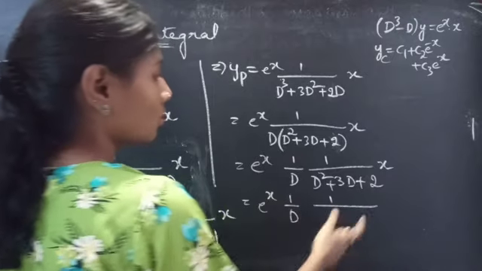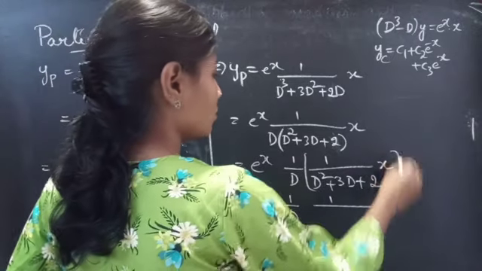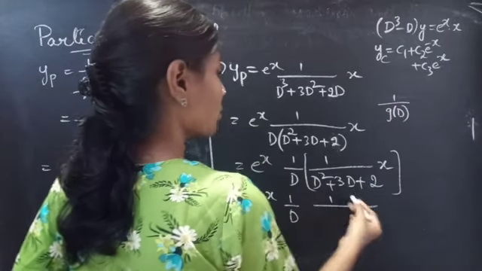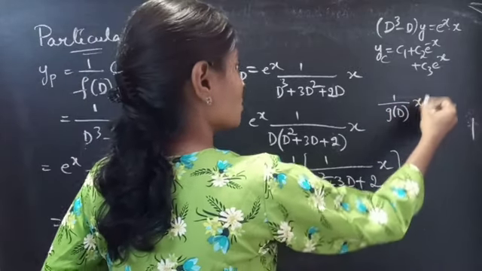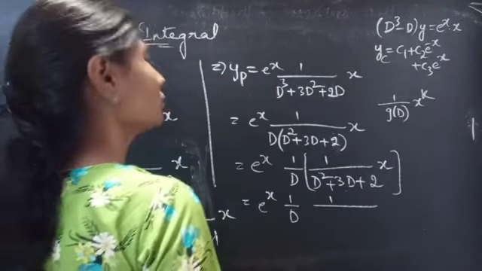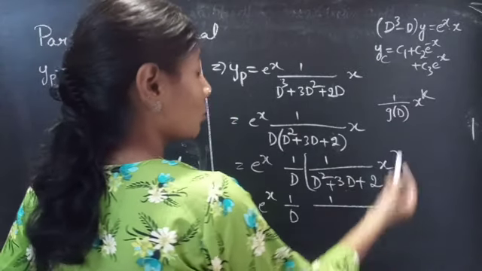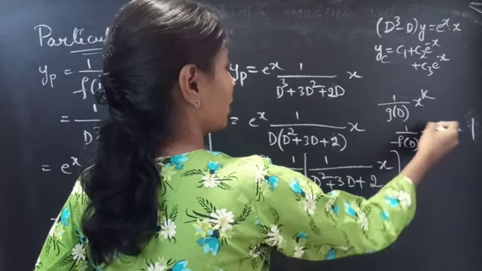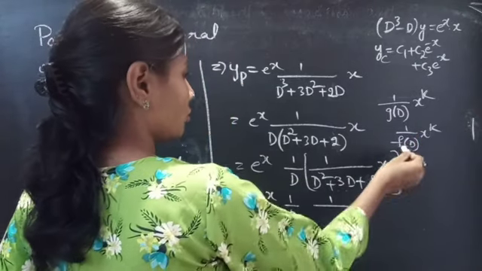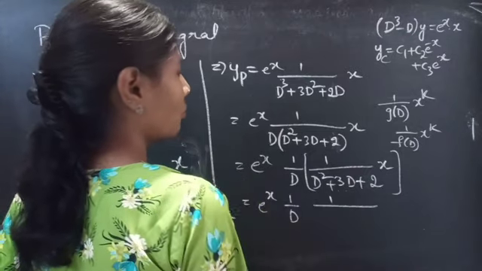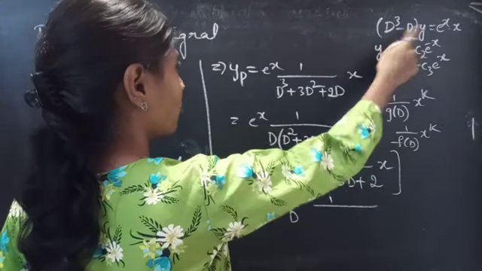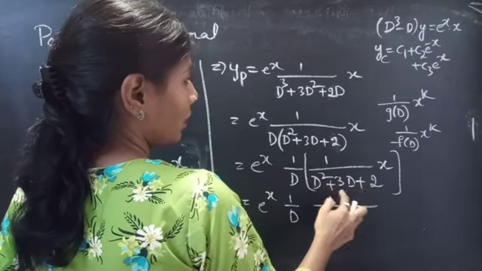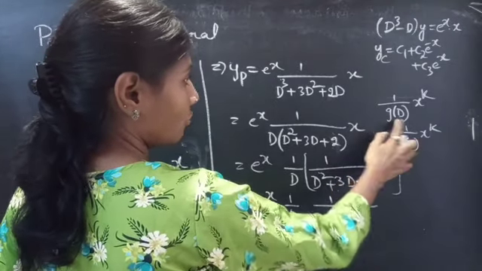Now, this is of the form 1 by some function of D into x power k, right? We know the form 1 by f of D into x power k. So this is of 1 by f of D into x power k form. But here we have f of D equals D cube minus D, but we are operating x for 1 by some function of D, say g of D. Okay,